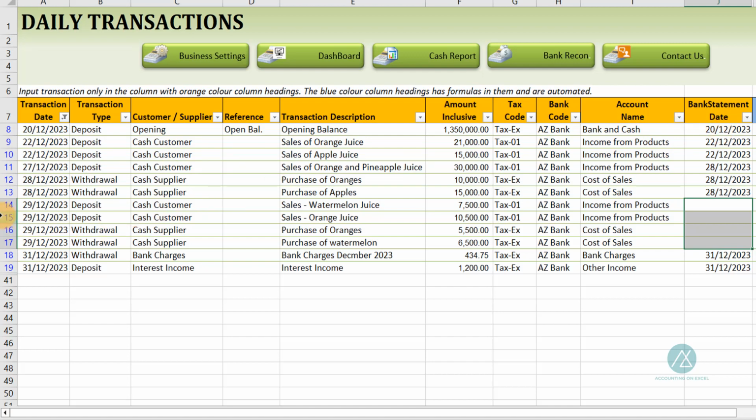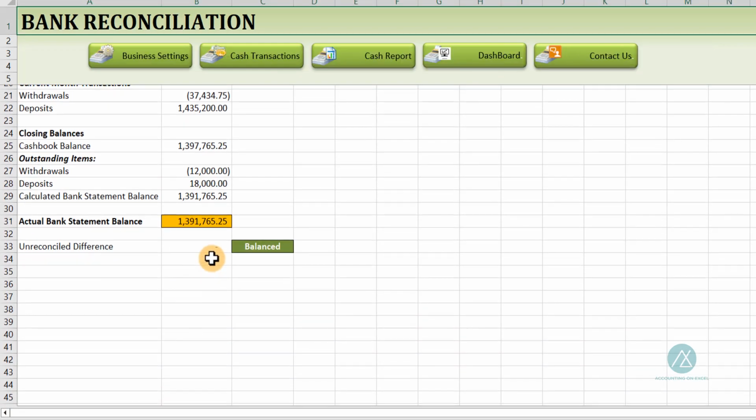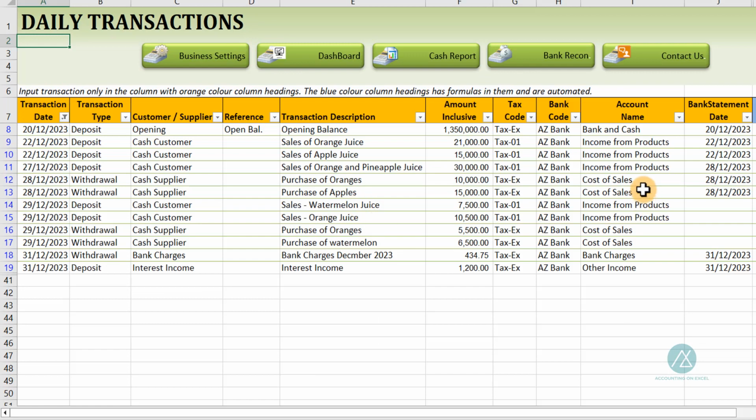So from what we are seeing here, it means that this transaction did not appear in the bank statement of December 2023, meaning that we are expecting to see this transaction in the January bank statement, right? So it's something we should note. For it to be blank and our December reconciliation to be okay, it means that these transactions are yet to appear on the bank statement as at December. So we are probably looking at January to see that these transactions